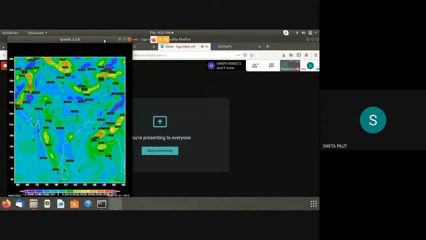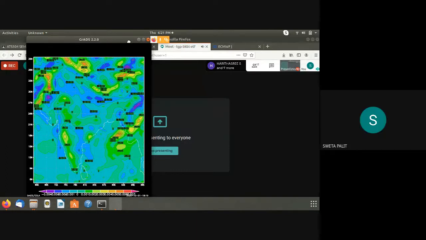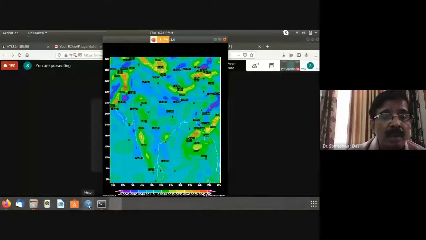Sir, this is the velocity plot. What is this? Which field is this? Vertical velocity, sir. And your case is cedar, right? Yes, sir. So you're also getting all positive values.